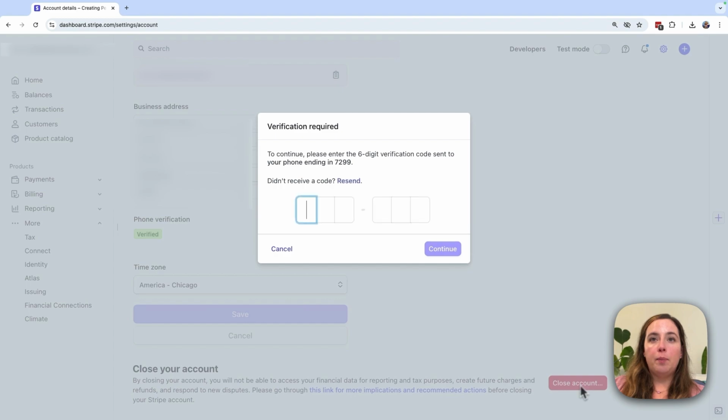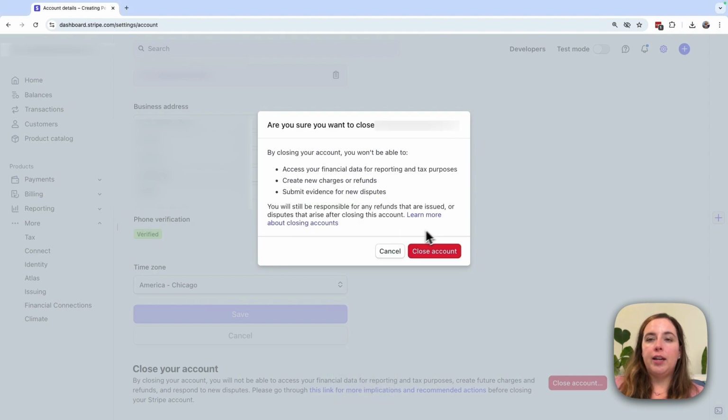And it will bring a pop-up that basically has you authenticate that you are the owner of the account. So whichever way you set up your two-step authentication in the beginning, you'll have to do that now. So I got a message to my phone, so I'm going to go ahead and copy that code and then put it in here. Once you put that in, it automatically goes to the next step,